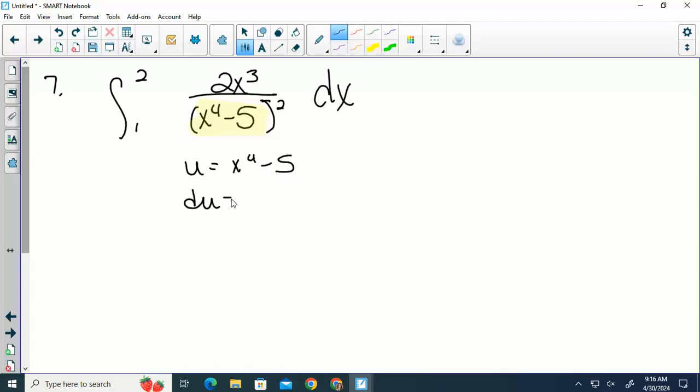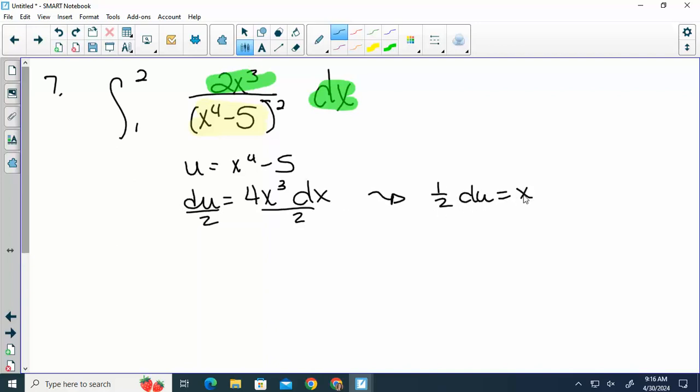Du, the derivative of x to the 4th, would be 4x cubed dx. We need 2x cubed dx. So what would I do to this? Divide by 2. So 1/2 du equals